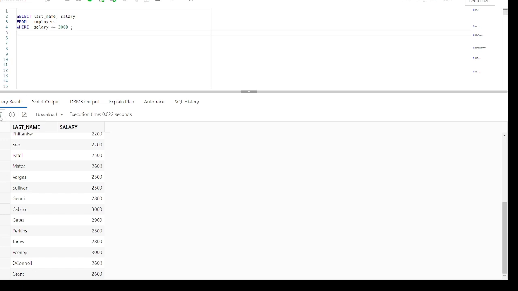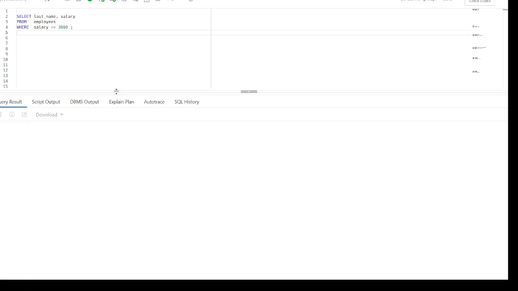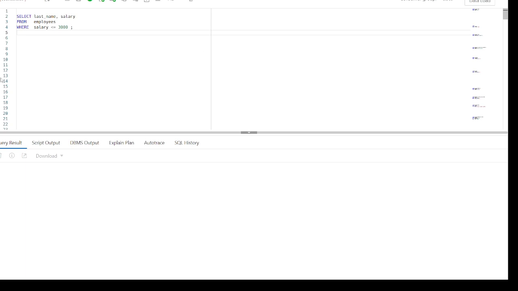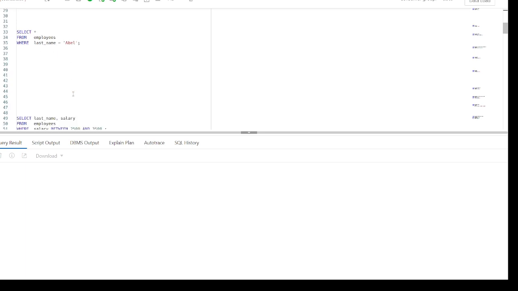Okay, now let us just clear the query result here and let's move on to the second example. Here in the second example, the select statement is retrieving all the rows where the last name is Abel.